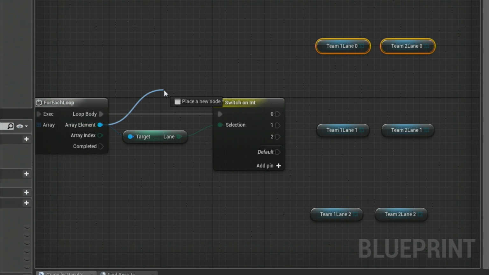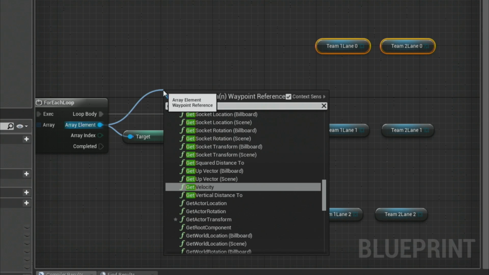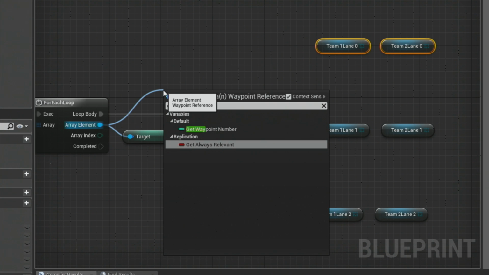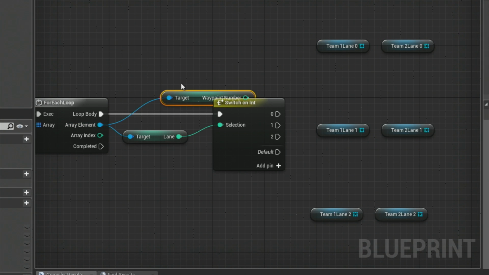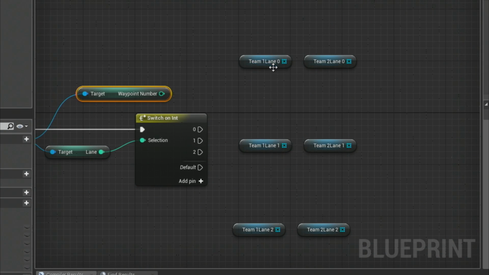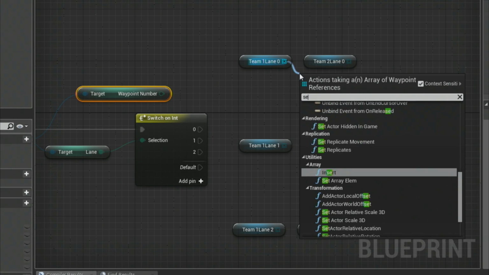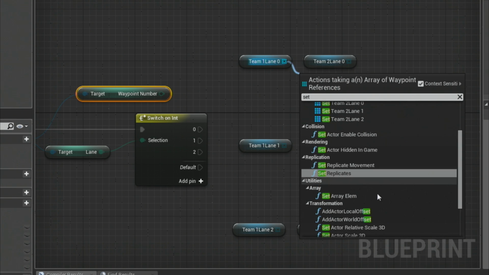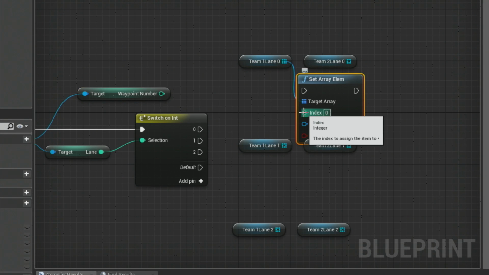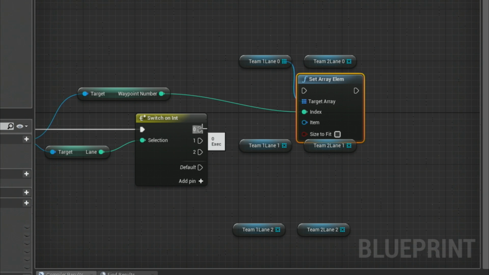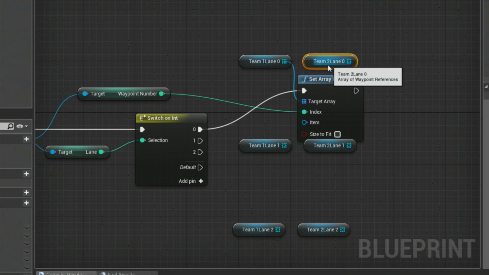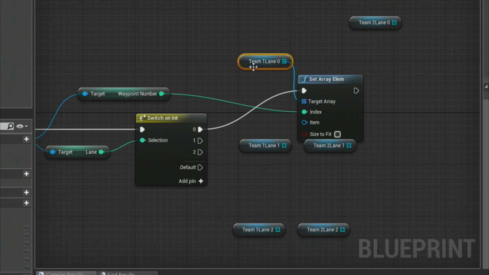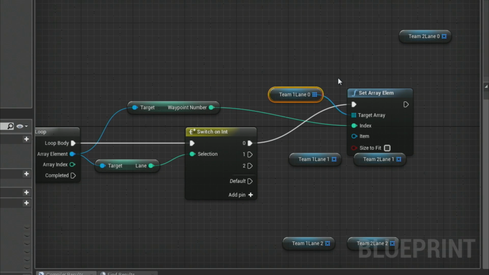We get our waypoint number, and we do a set array element to that index because we have no idea what's coming in the line here. We just don't. I guess actually we could do a select. That'd be easier. Hold on.